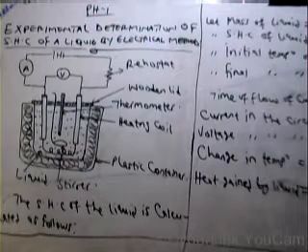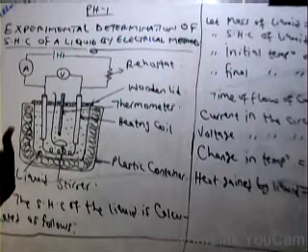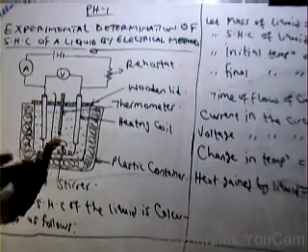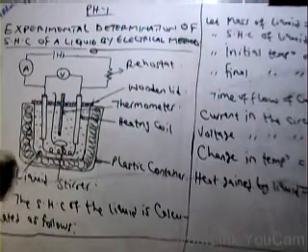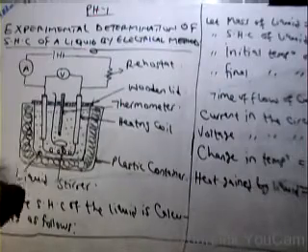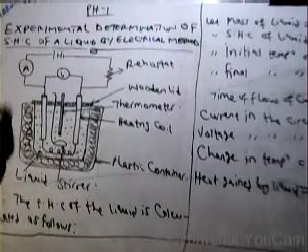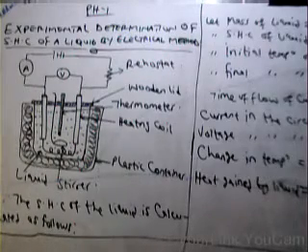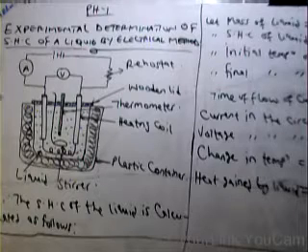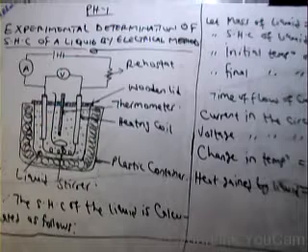Now, don't forget, in this particular experiment, one substance must give out heat. Another substance or another material must absorb this heat. It is not left for us to decide which substance is giving out heat and which material is absorbing heat. After the end of the whole process, the total heat lost by a particular material must be equal to the total heat gained by another material.